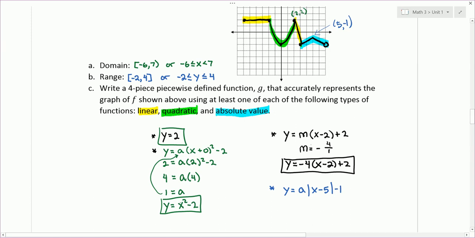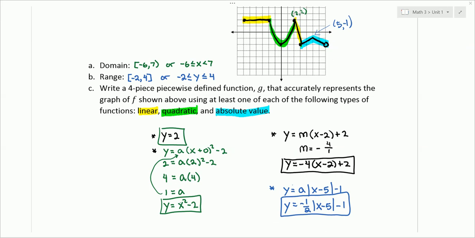Then to find a, I'm going to look at the slope of the right-hand side. So from the vertex to the right endpoint, I drop down 1, right 2. And it's a negative slope, so negative 1/2. So y equals negative 1/2, absolute value of x minus 5, minus 1. So now I have my 4 different pieces, but all 4 of these pieces belong to a function over some